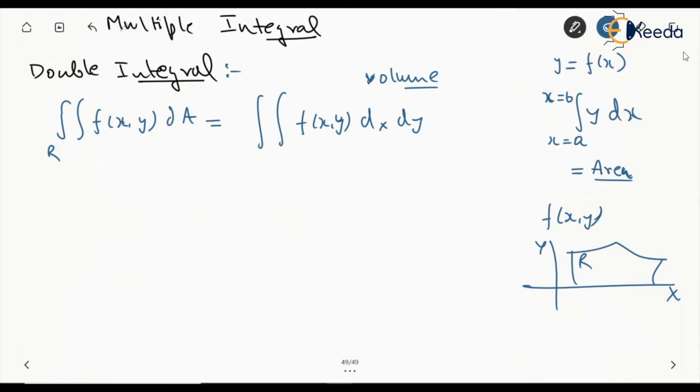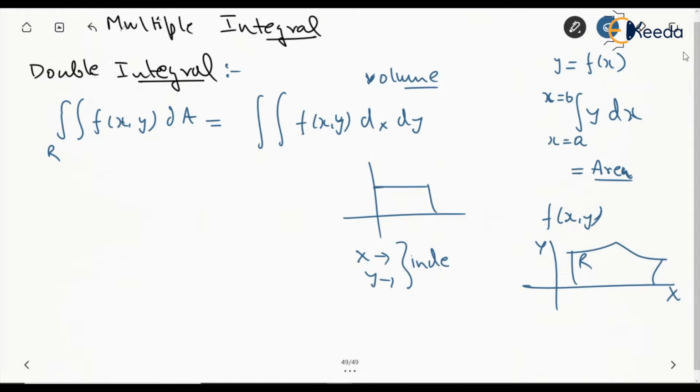And let's say we have a rectangular area like this. In that case the limits of x and y are going to be independent of each other.